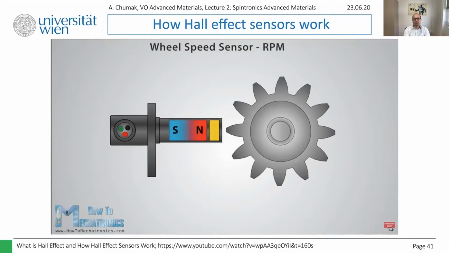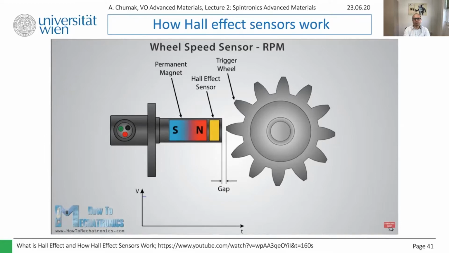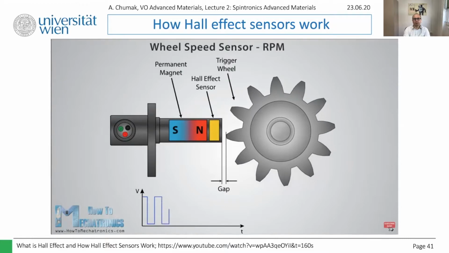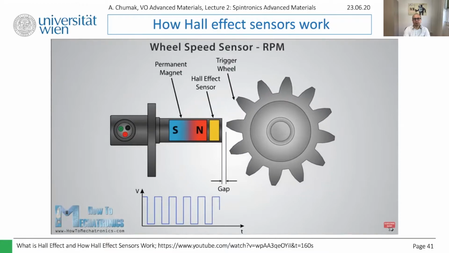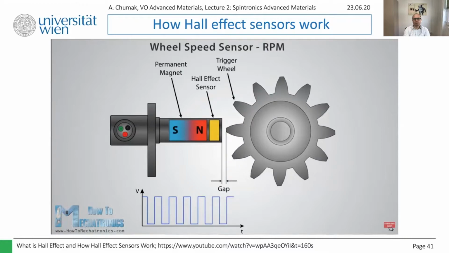These sensors are composed of a Hall element and a permanent magnet, which are placed near a tooth disc attached to the rotating shaft. The gap between the sensor and the teeth of the disc is very small, so each time a tooth passes near the sensor, it changes the surrounding magnetic field, which will cause the output of the sensor to go either high or low. So the output of the sensor is a square wave signal, which can easily be used for calculating the RPM